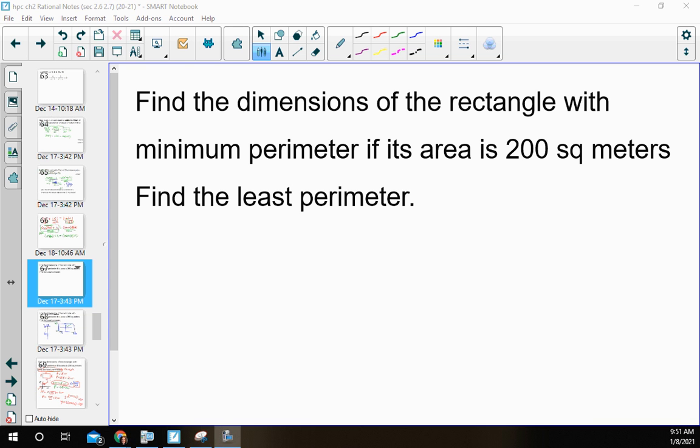All right, so this is also going to be similar to what we did for the last test. We're finding the dimensions of the rectangle with the minimum perimeter. If its area is 200 square meters, find the least perimeter. Okay, so I know whenever I'm doing perimeter of rectangles,